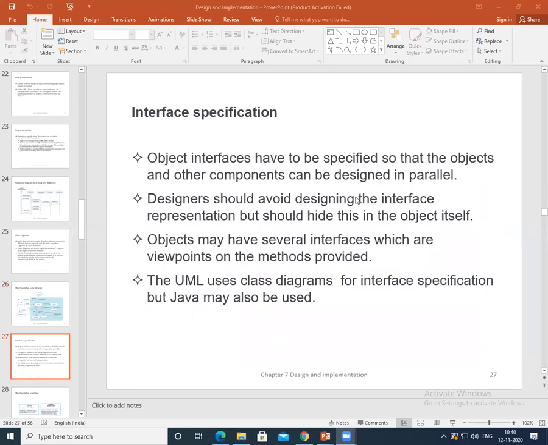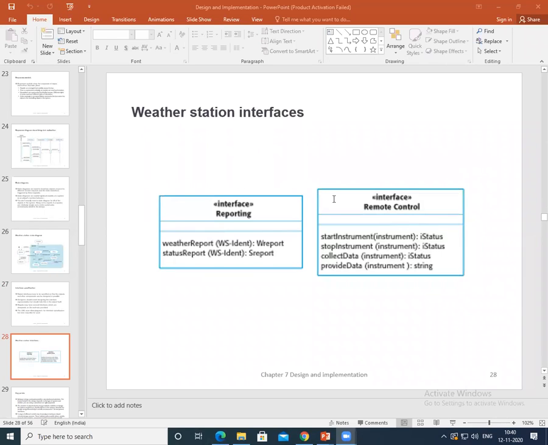So the next topic is design patterns. Before I start design patterns, what is interface specification? For interface specification, we basically have a UML representation. Any interface is represented in UML notation as "interface" followed by this symbol and the name of the interface, such as reporting, and then the attributes of that interface, like weather report and status report.